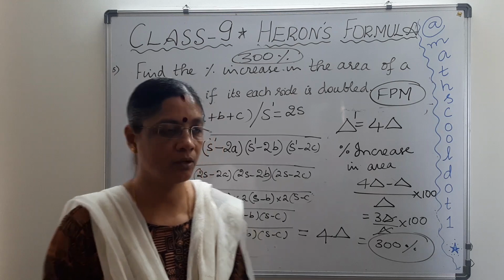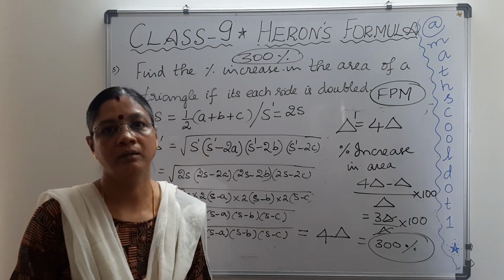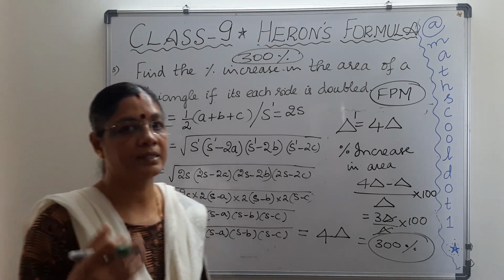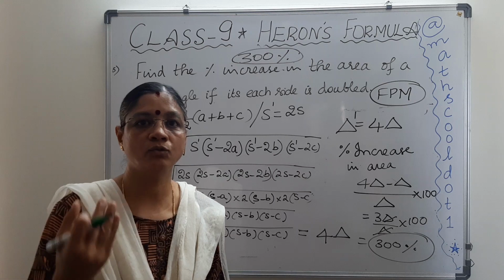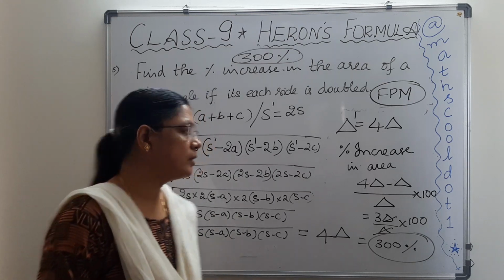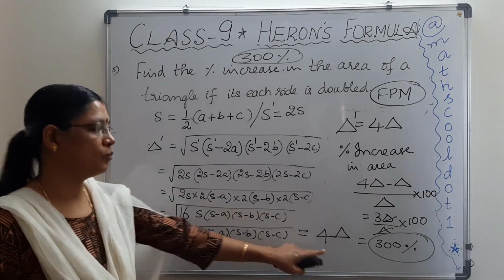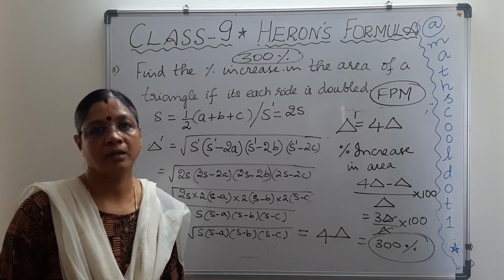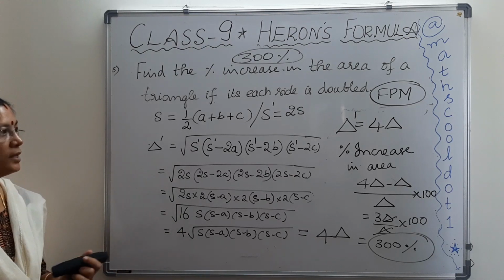Now do you understand how we proceed with this problem without any data? Just take the length of the sides as a, b, c and the sides which are doubled as 2a, 2b, 2c, and then put it in the formula. Then take out the original area from it and you will get the changed area. Okay, do you understand? Just check this out. We'll move on to the next problem.